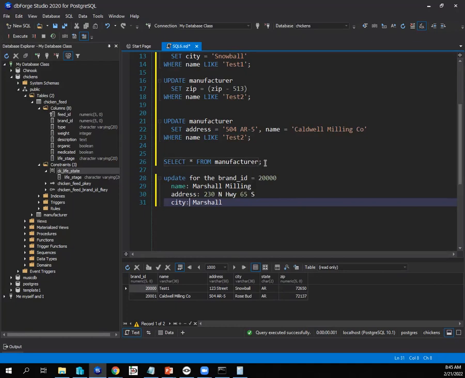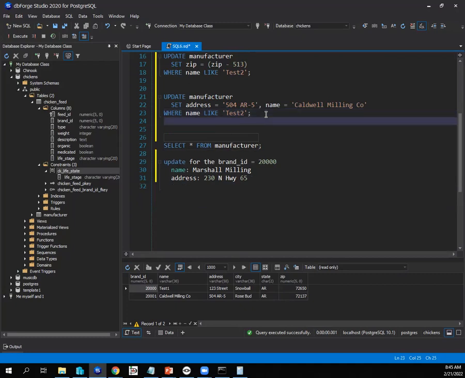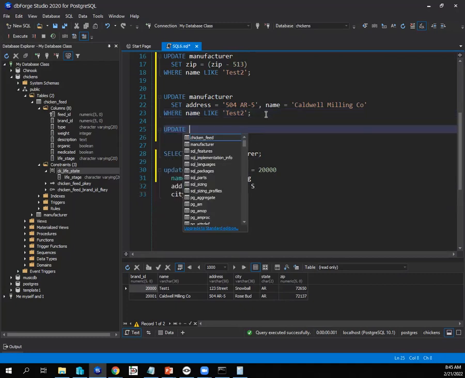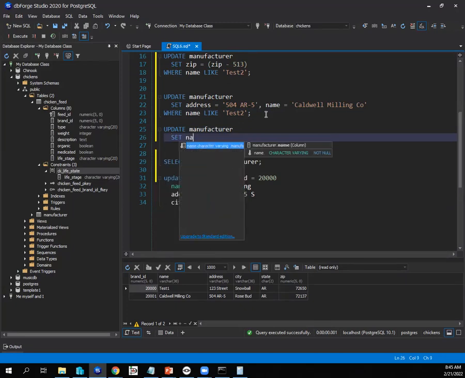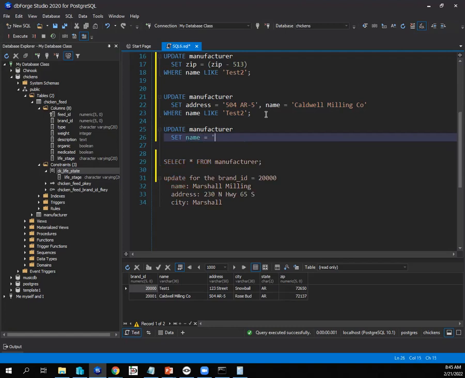Go get it. So did you update manufacturer? Set name equal to